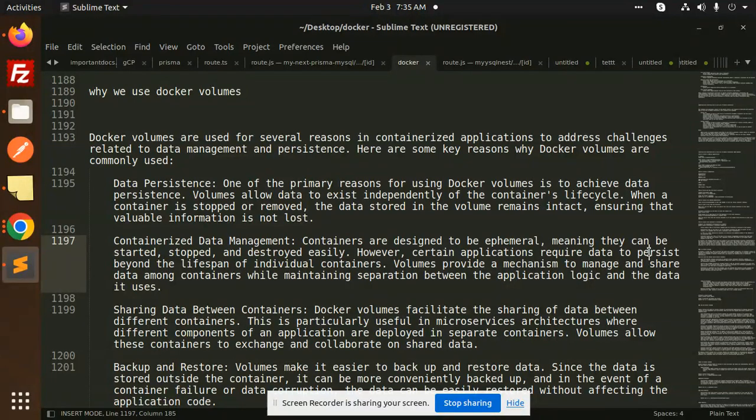Let's get started. Docker volumes are used for several reasons in containerized applications to address the challenges related to data management and persistence. Here are some key reasons why Docker volumes are commonly used. Most important, that is data persistence. One of the primary reasons for using Docker volumes is to achieve data persistence. Volumes allow data to exist independently of the Docker container's lifecycle. When a container is stopped or removed, the data stored in the volume remains intact, ensuring that the valuable